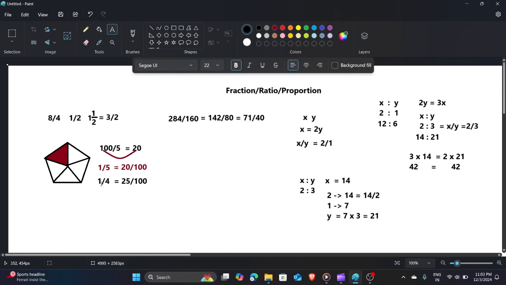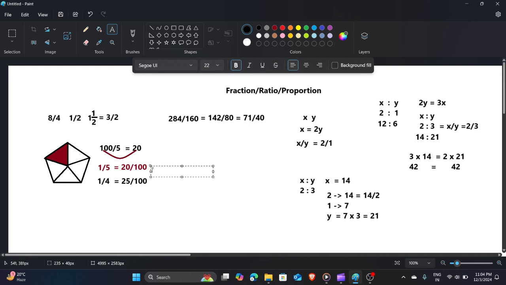Okay, so now 20 is the 25th of 100, like the 25th is the fourth part of this 100. Okay, you can see this also, and this is the relation between them. When you add them, you get 5, but then also they have no relation with each other. But, but